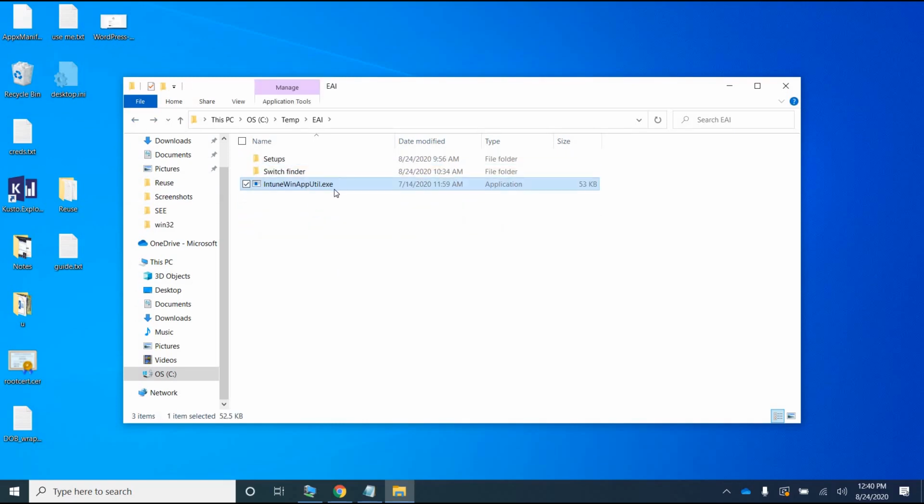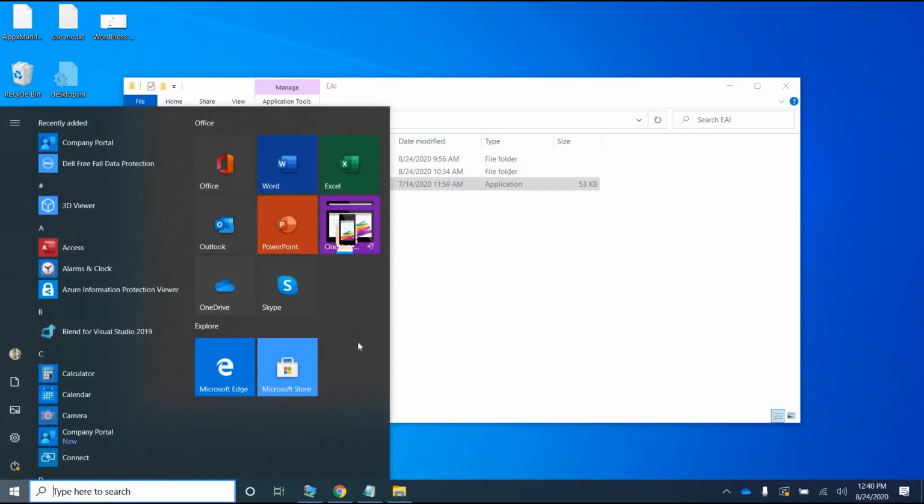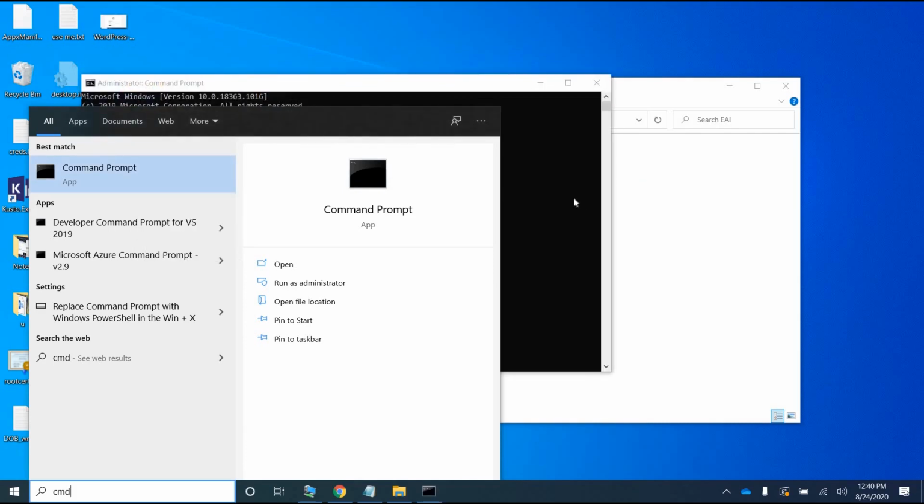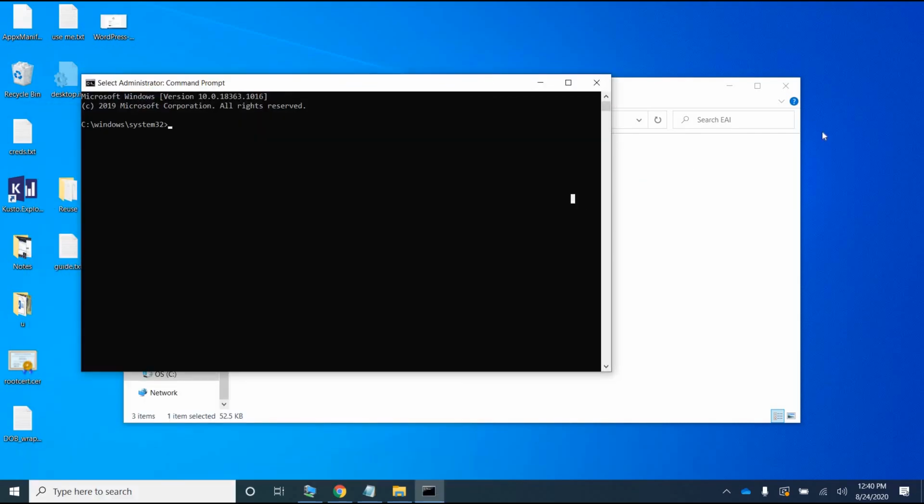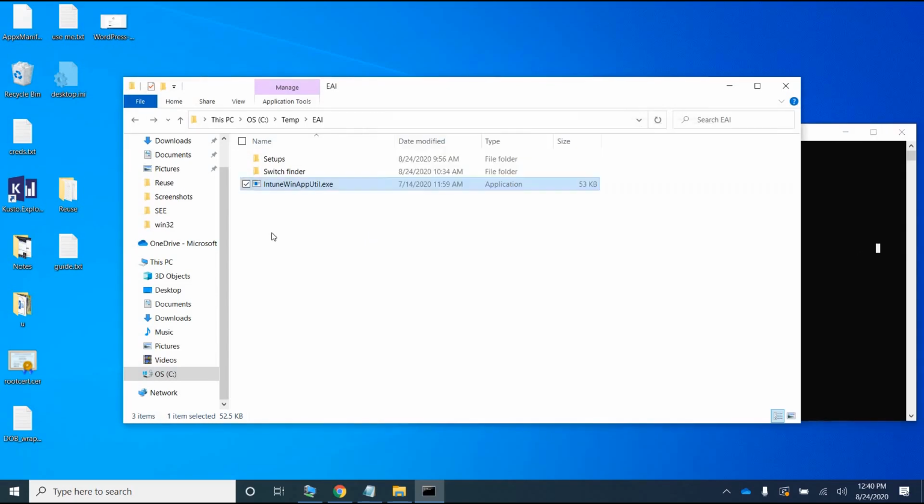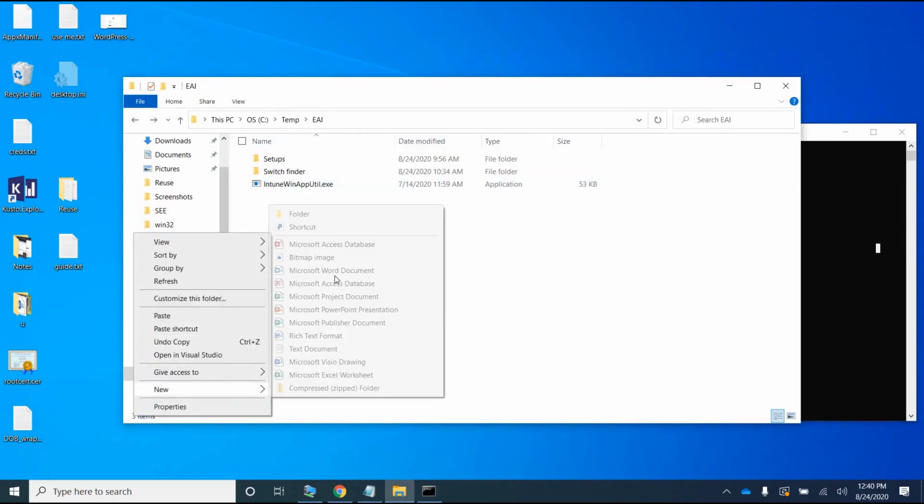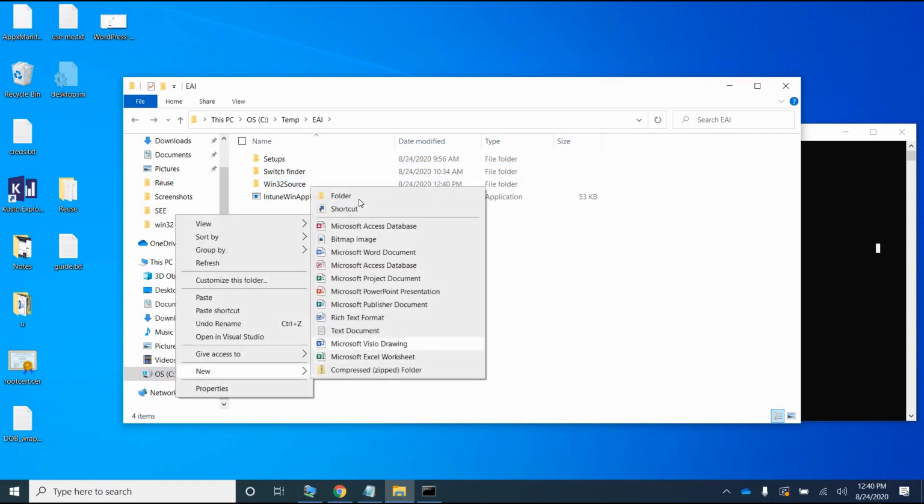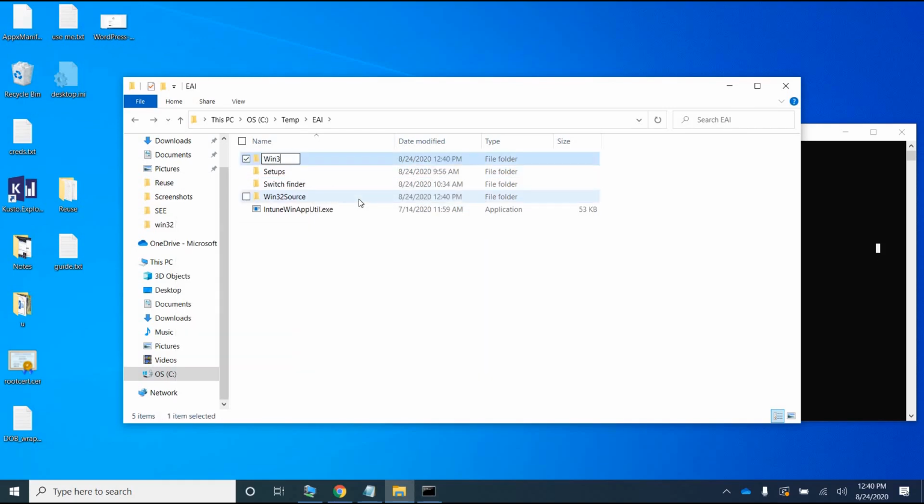Now all that needs to be done is I need to run this tool and provide all the information, right? So let's just do that. I'm going to open up CMD as an administrator, run as admin, and then obviously I need to provide the source path and the destination path. So over here, let me create a folder called Win32 source, and I'm going to create another folder called Win32